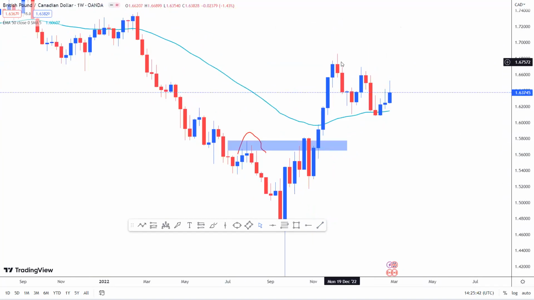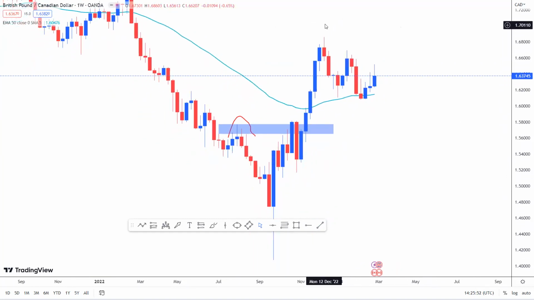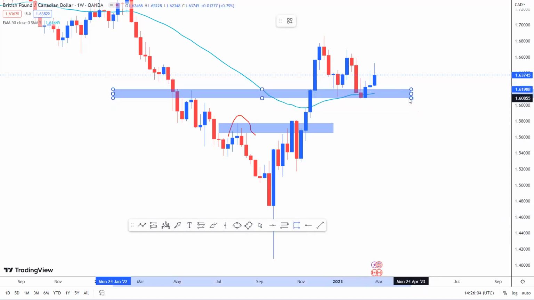And then price created a higher high right here. And then we had a retracement. Where did price come into? We could clearly see price come back to its previous weekly